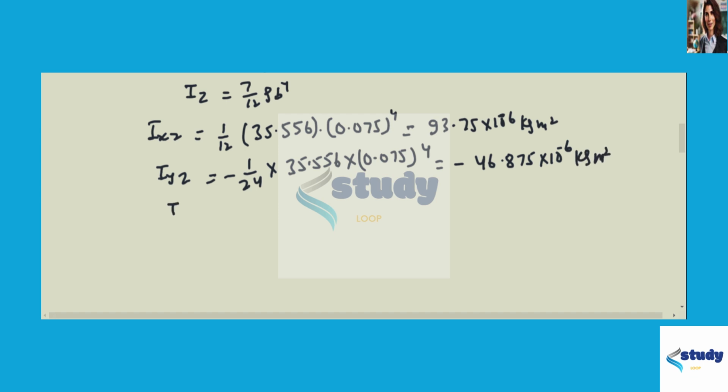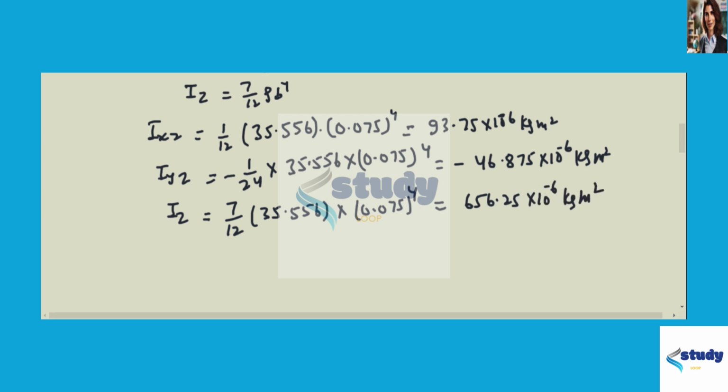And Iz you will find 7 by 12, so the inertia about the z axis we will get 656.25 into 10 to the power minus 6 kg meter square. Now we will calculate